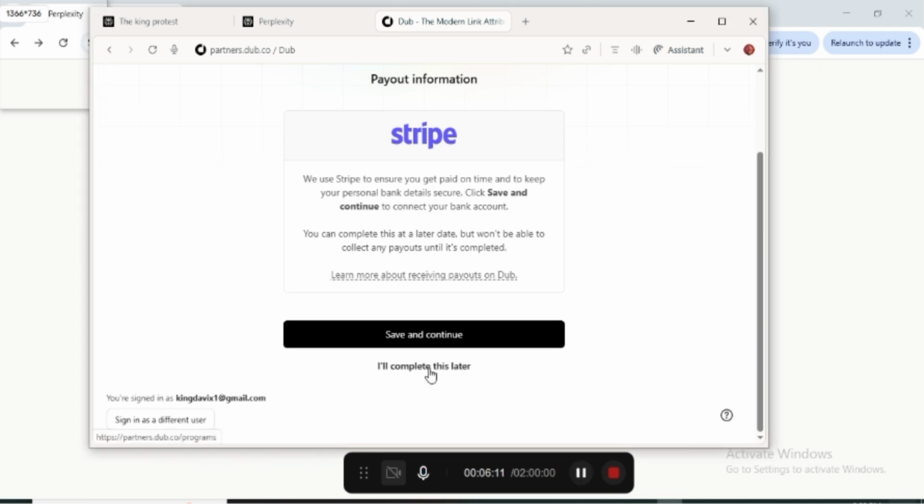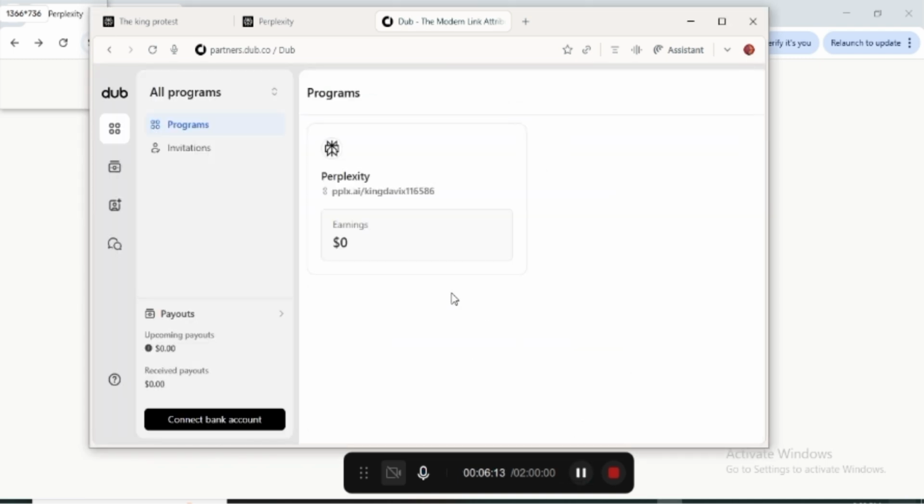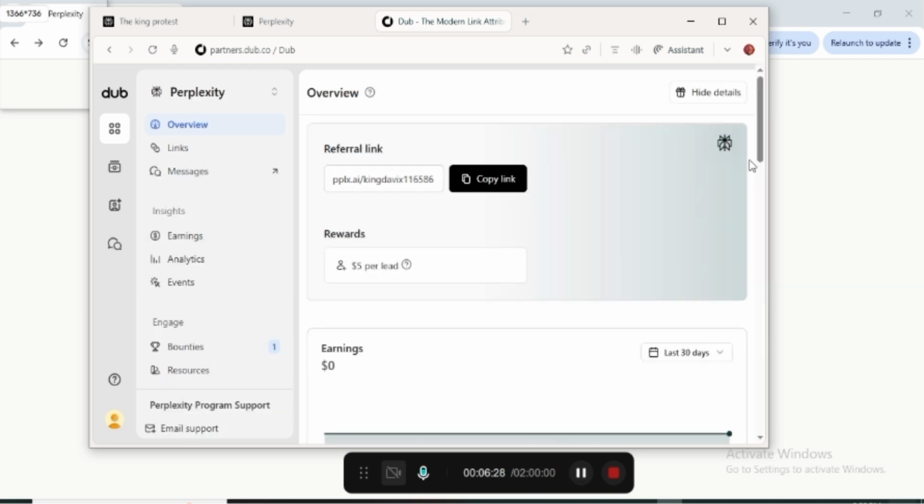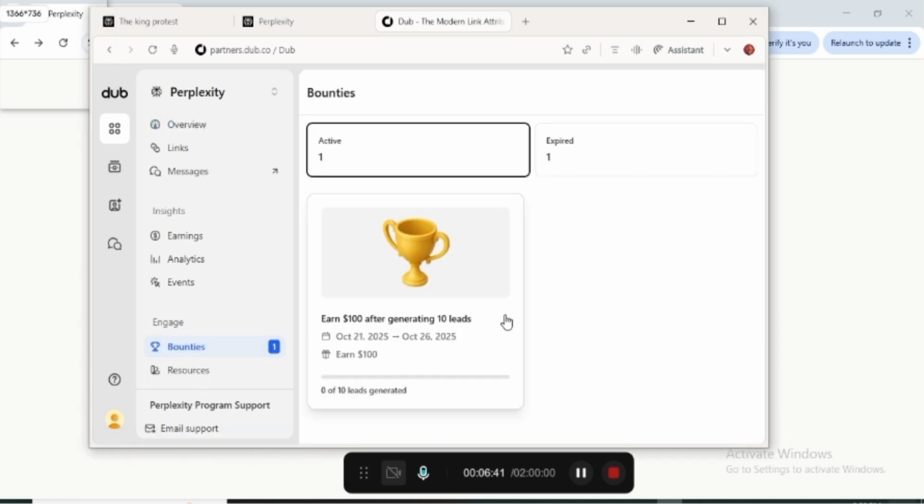So this is so amazing, guys. Now that we're done with that part, we're going to come over and check our profile and see how it works. This is the most important part that you must not skip. Now I'm going to come over and select the dashboard, you can see how your payment will go. Once you click on the overview, this is where you can copy your link. After copying your link, then you can see the rewards. If you click on it,